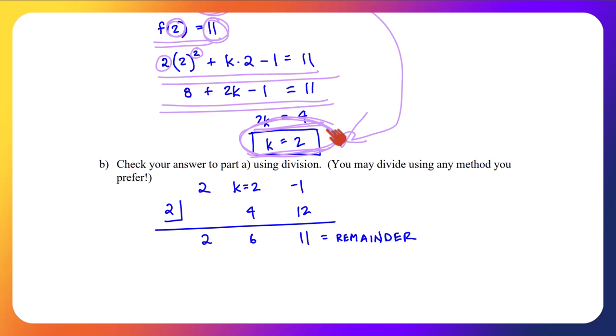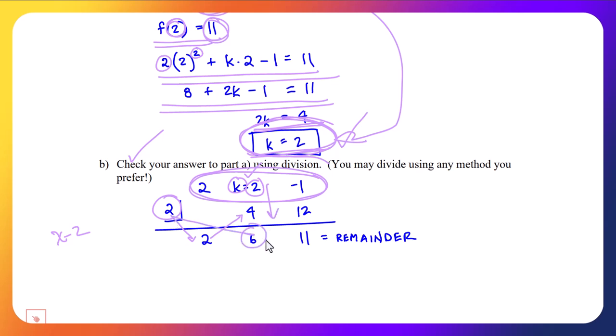Now, since x minus 2 is the divisor, I can use synthetic division. This is from the x minus 2. Here are the coefficients. For the moment, we have k here. So we bring down, multiply, and then add. And we know that k is 2 because we're checking this. We're checking that k is 2. So when we add, we get 6. Multiply, we get 12. Add, and sure enough, we get the remainder of 11 again. So the 2 does